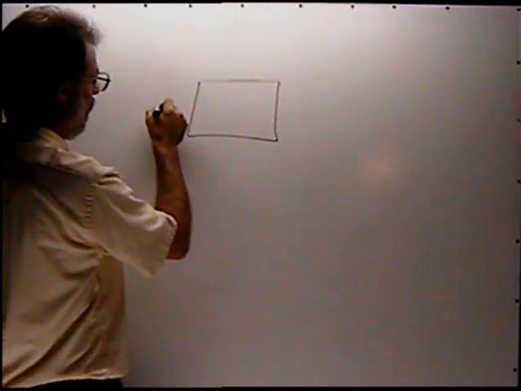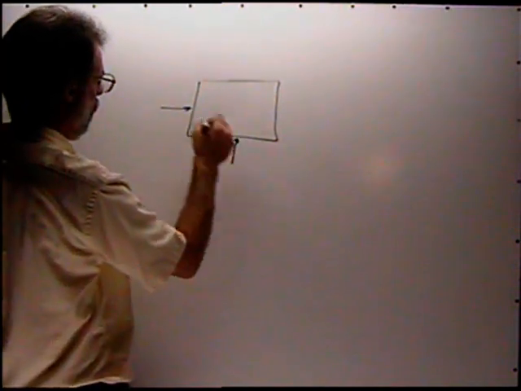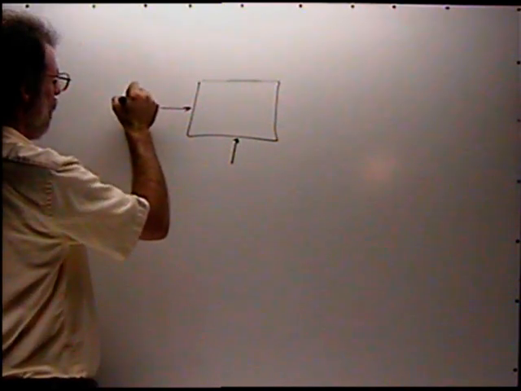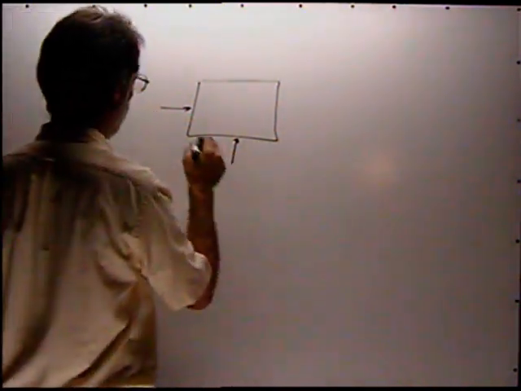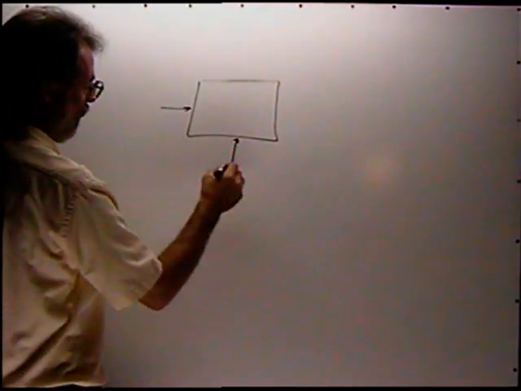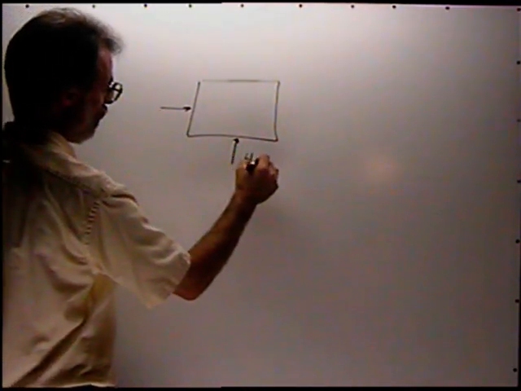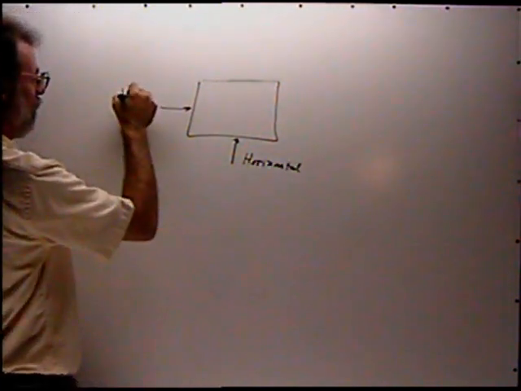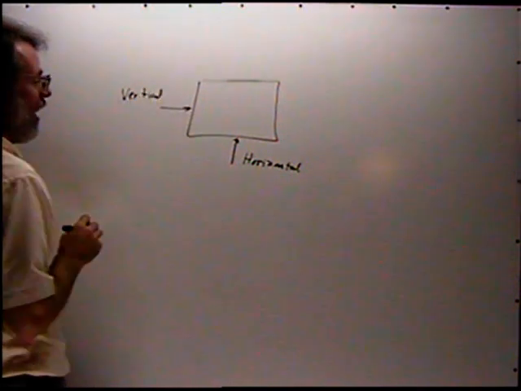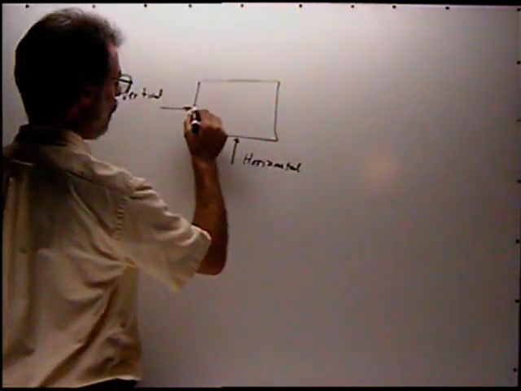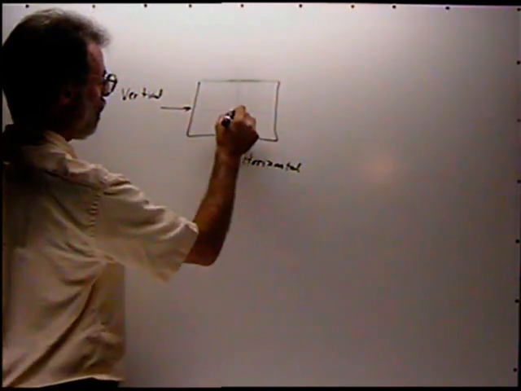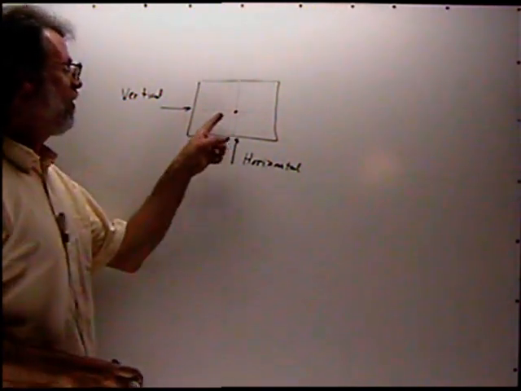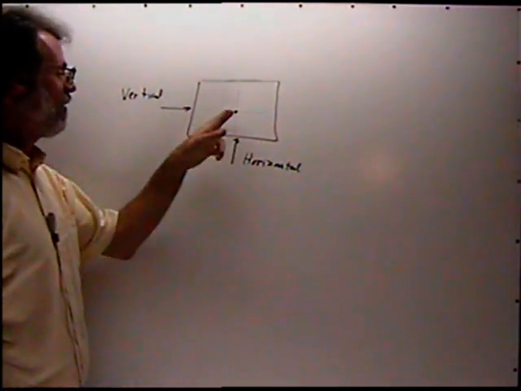We have what we'll call a signal applied to the horizontal, and a signal applied to the vertical. Now what happens here is the beam is put in a different mode, and the beam just sits right in the center of the screen. There's no time base here, this electron beam just sits right in the center